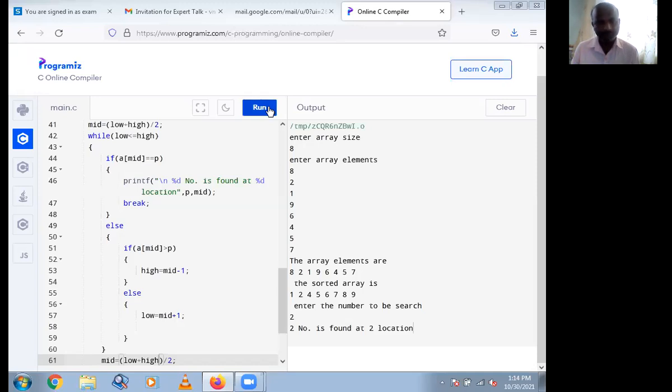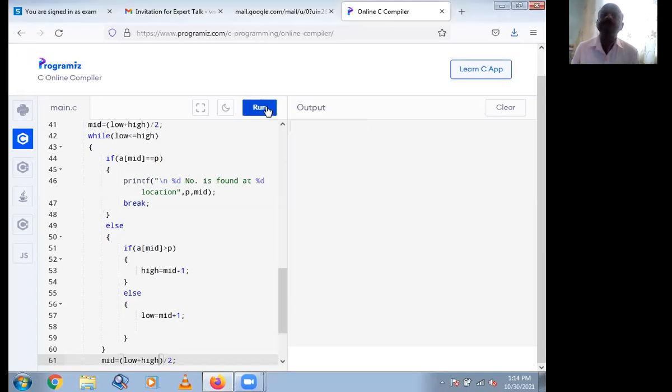We'll run this program once again. So enter size of array, suppose 8. Enter array elements, suppose 2, 8, 2, 4, 3, 1, 5, 7, 6.